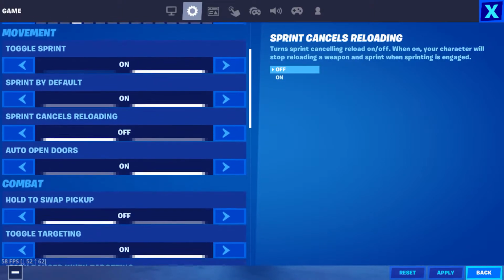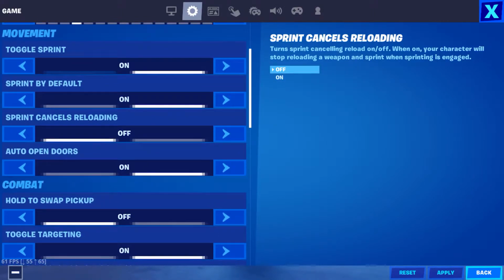Movement, I have sprint by default on, which basically means if you double tap the thing you use to walk, it will automatically start auto running. I put sprint cancels reloading to off because then I'll be able to reload while I'm on the go. If I'm staying in one spot reloading, I'll have to stay there until it fully reloads, which, especially with a heavy sniper, just sucks, because that leaves you vulnerable to